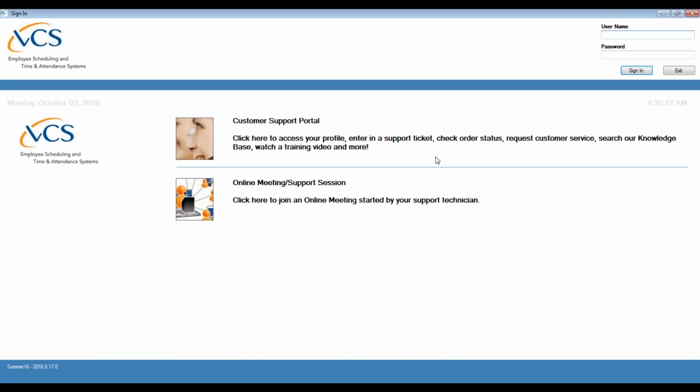Okay, so this is basic setup 1, company setup and entering employee profiles. In this class today, it's designed to train administrators on setting up basic system settings, putting in employee information. Some of the topics we're going to go over today is putting in our department information, putting in some general